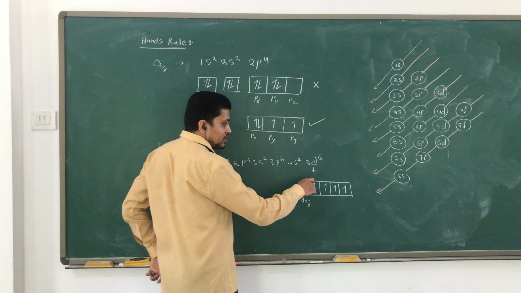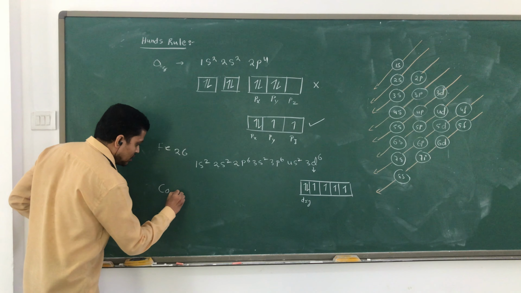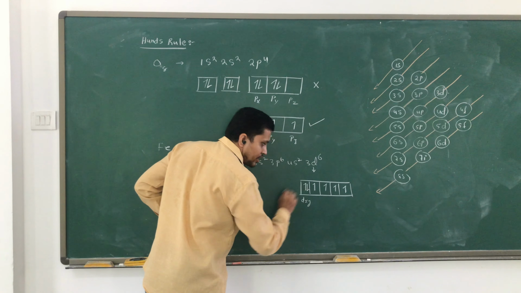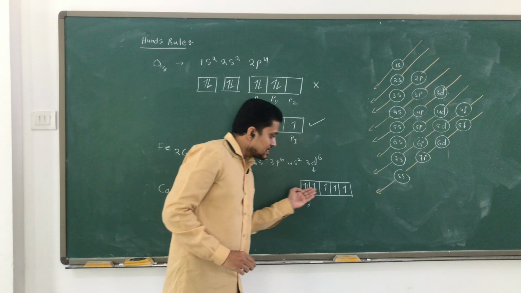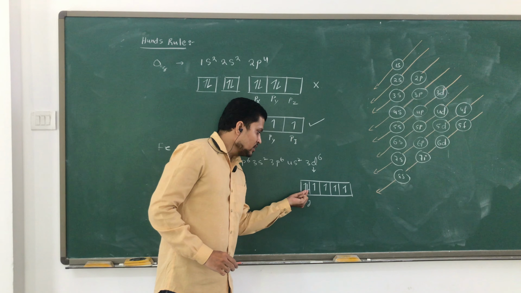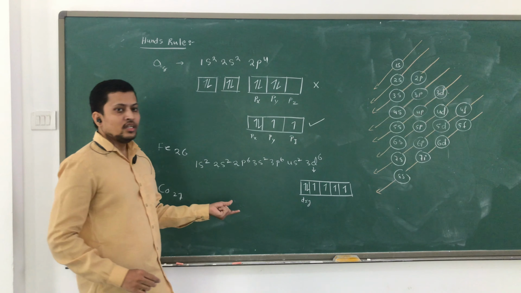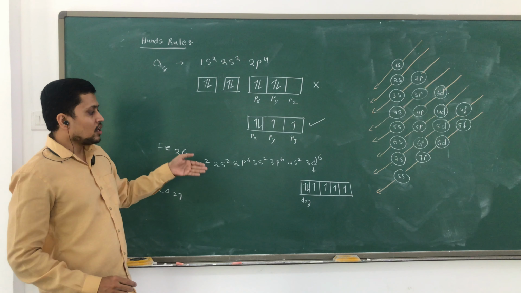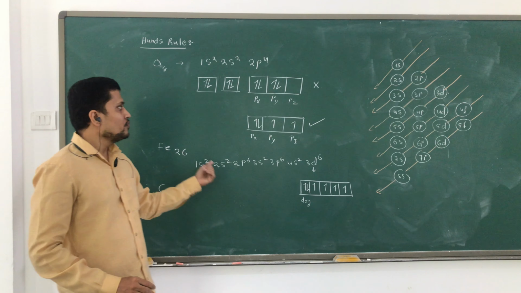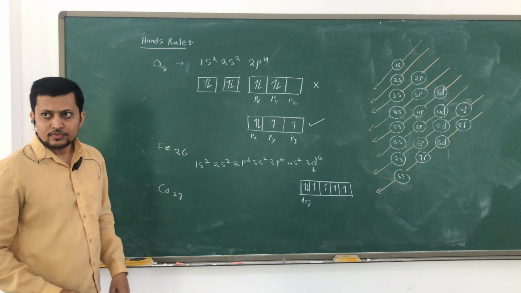And if any other comes next, like after iron we have cobalt, 27, it will be 3d7, and that will enter over here. First they are filled singly, then they are filled completely with opposite spin in the d orbital, and the same follows with the f orbital also. In the f orbital you fill in that way too: 7 half filled first, then filled completely. So this is what we call Hund's rule.